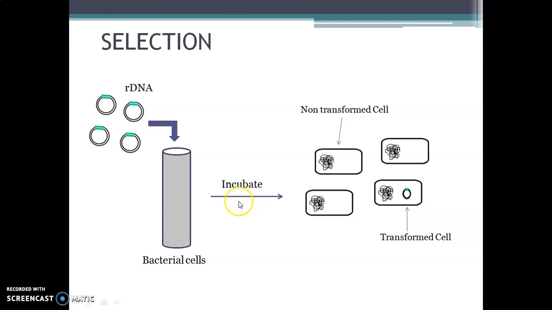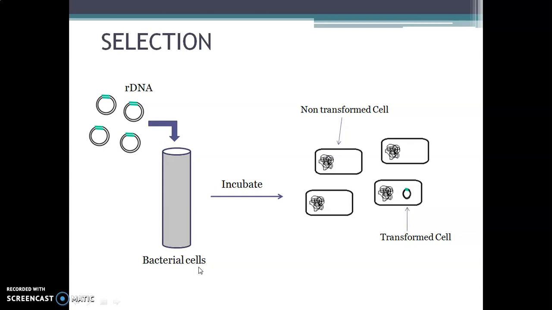But in practicality, it has now been known that whenever this experiment is performed, only 20 to 25% of cells are able to take up the recombinant DNA. That might be because of some immune mechanisms inside the bacterial cells. Bacterial cells have a cell wall, cell membrane, various coverings, and bacterial cells generally do not allow any external DNA to enter inside their cells.